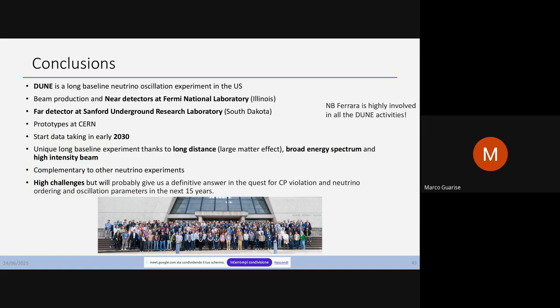There are different prototypes at CERN to test and validate this technology. We foresee starting data taking in the early 2030s,